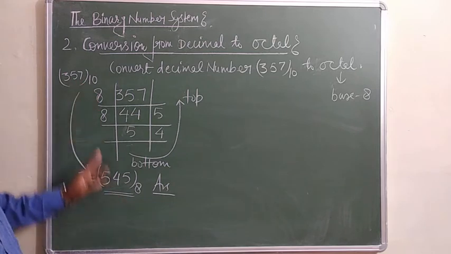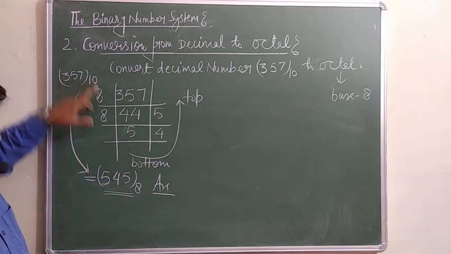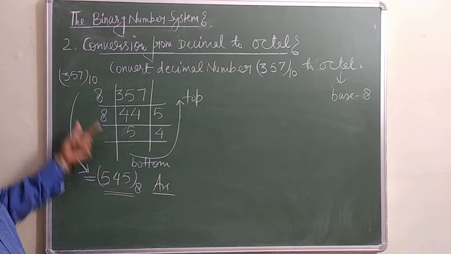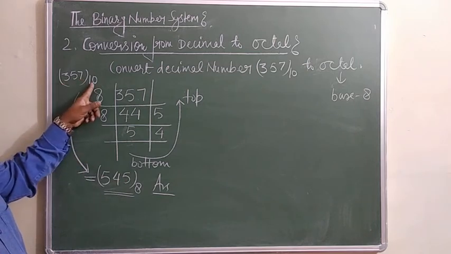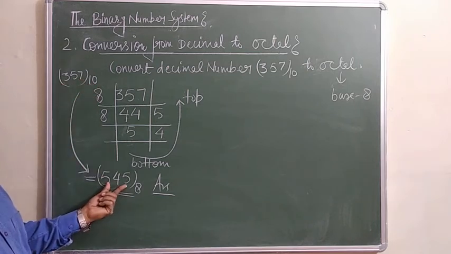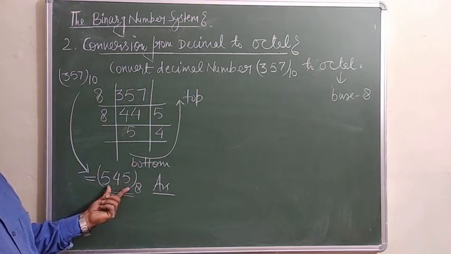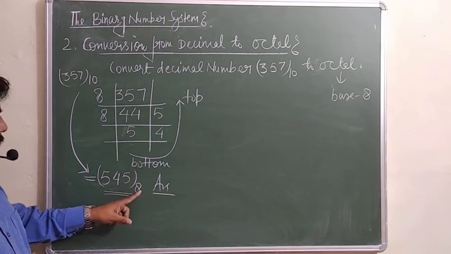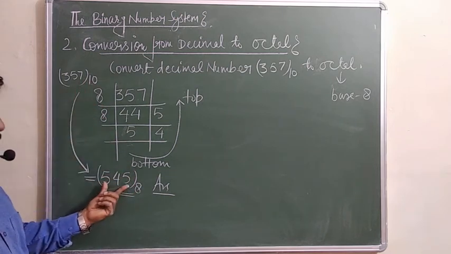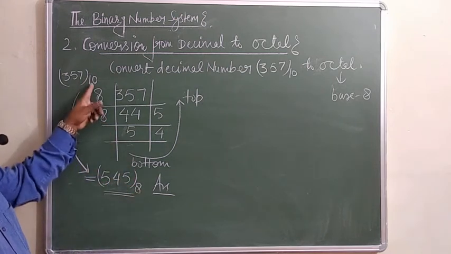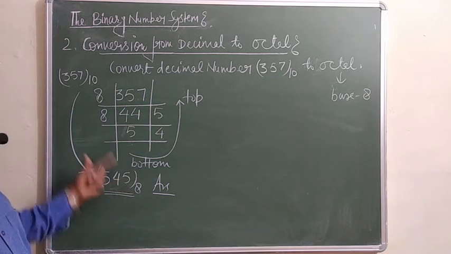See, one important point is here. If the base is greater than this one, then this number will come smaller than this one. अगर base बड़ा है तो ये number बड़ा आएगा, ये base छोटा है. अगर base ये छोटा होगा तो ये छोटा नंबर आएगा. तो you should be very careful. If this number is less than this, then you will get the bigger number. If this base is more than this one, you will get the smaller number here only. Have a look.